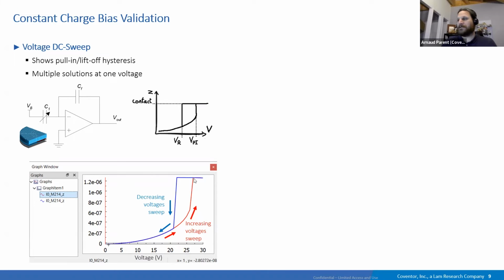And at some value, let's say 27, this membrane is catastrophically going to contact. It's highly nonlinear, and it's called pull-in. And from this contact, if you decrease the voltage, you will see the lift-off, the release of the membrane, at a different value. So it's well known, pull-in and lift-off, and it's a static phenomenon, but very characteristic of applying a voltage.